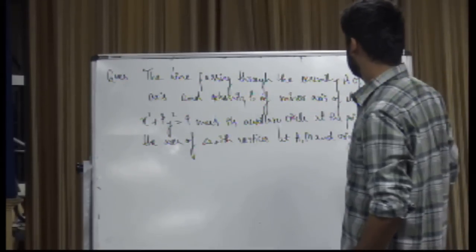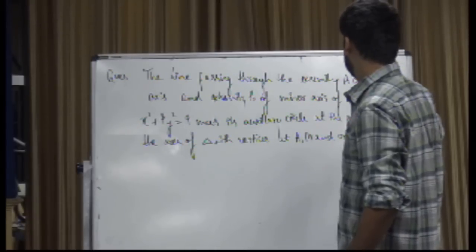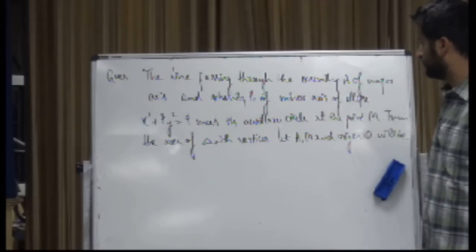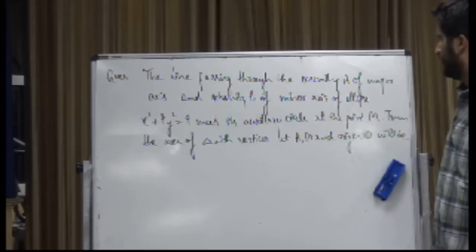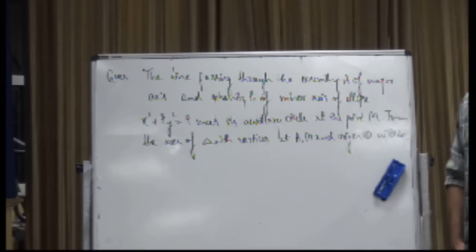Where? Auxiliary circle at the point M. After that, then the area of triangle with vertices at A, M and O will be